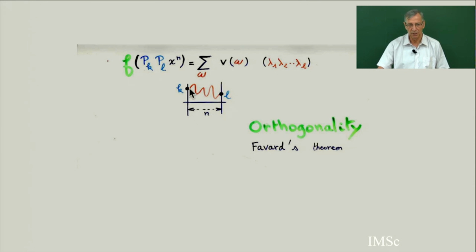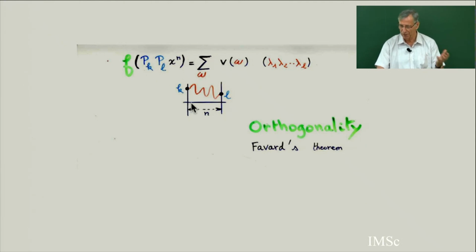The proof is that if you take Motzkin paths starting at level k, ending at level l, of length n, then there is a certain formula. With f defined by the moment mu n, the sum of the weighted Motzkin paths, you have this formula: f of pk pl x to the power n equals this. So if you put 1 here, p0, l equals 0, this will be f of x^n, the sum of the weights of Motzkin paths starting at k equals 0, ending at l equals 0. So as a special case, the moment f of x^n equals the sum of weighted Motzkin paths, but there is a more general formula, f of pk pl x^n equals this.